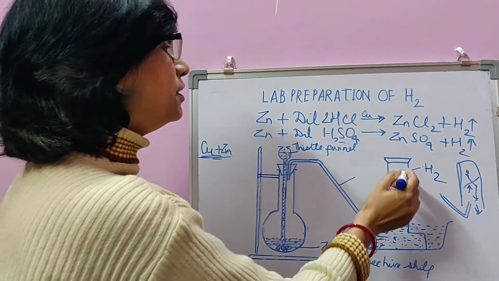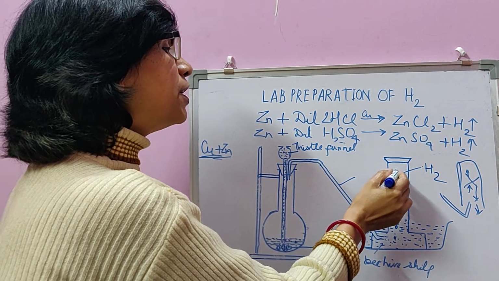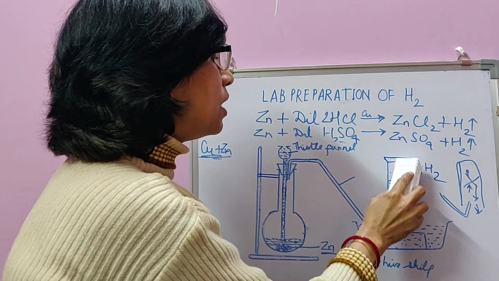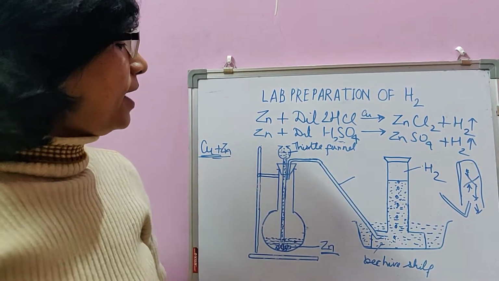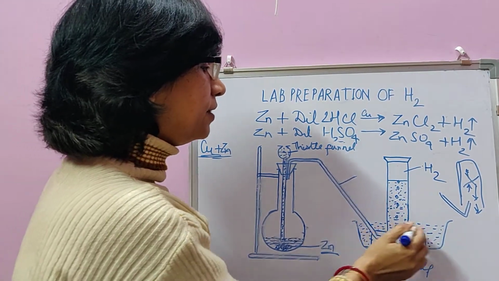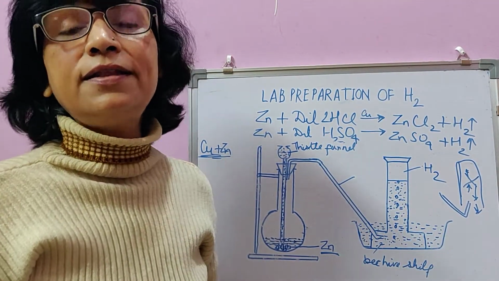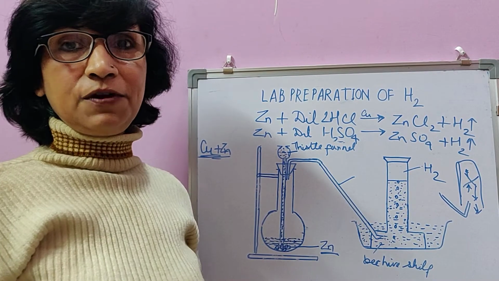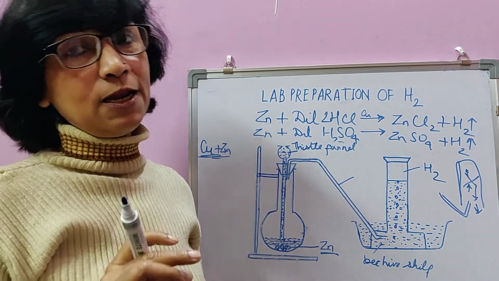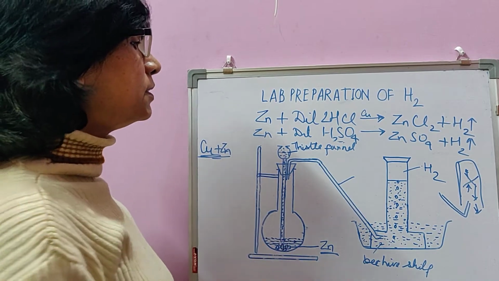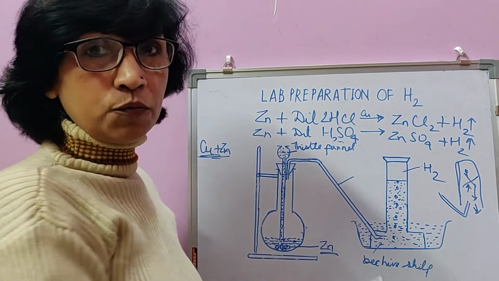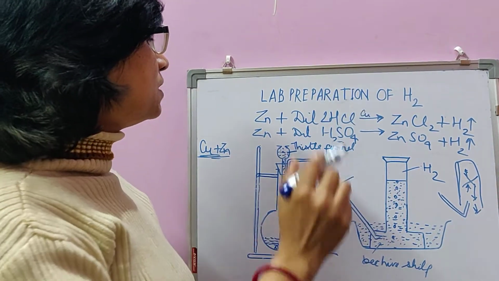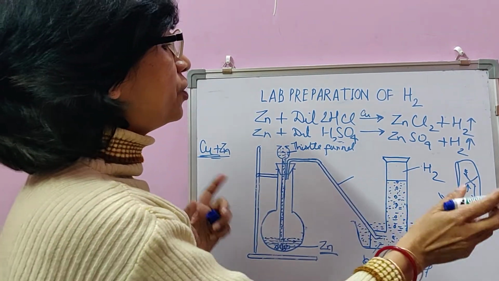Despite that, when hydrogen is collected over water, a little bit of moisture can mix into the hydrogen. If we want absolutely pure hydrogen without moisture, then what do we do? In that case, rather than water in the gas jar and in the trough, we can take mercury in the trough and gas jar. Then mercury won't mix with the hydrogen, and that hydrogen will be absolutely dry without any moisture. Otherwise, for normal purposes, we can collect it over water because water is easily available and cheaper as well. So, some give-reason questions related to laboratory preparation of hydrogen.